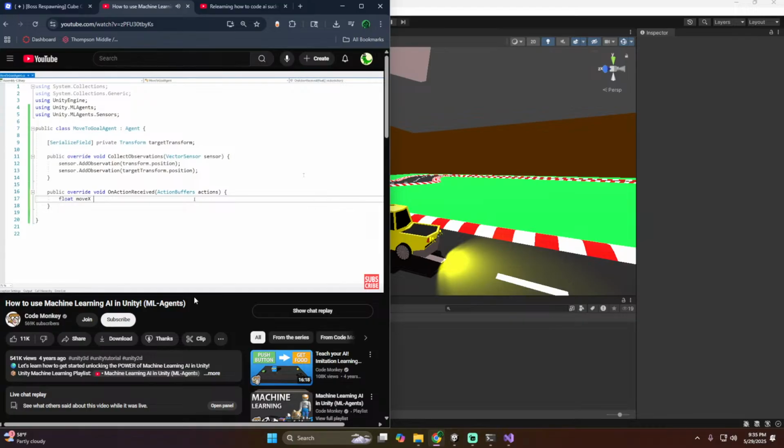So a float moveX, we go into our actions. In this case, we're using continuous actions. So you grab